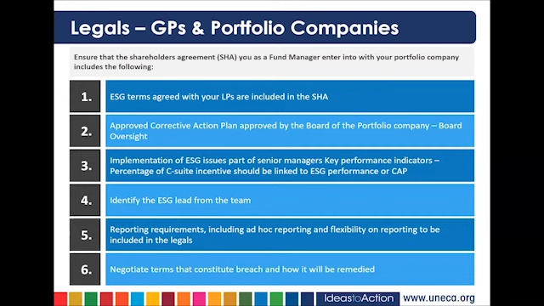You also want to ensure that you have flexibility when it comes to reporting requirements, recognizing that as you evolve as a firm, your reporting requirements may evolve as well. An example is that at this stage of your investment, you may only be looking at providing basic ESG information, but as your ESG requirements evolve, you might start asking for KPI reporting. You may also start looking at the kind of impact that you're delivering. So ensuring that there's flexibility built into your SHA ensures that you are able to pass this on to your portfolio companies, and that as your ESG requirements gain complexity, so does what your portfolio companies report to you.